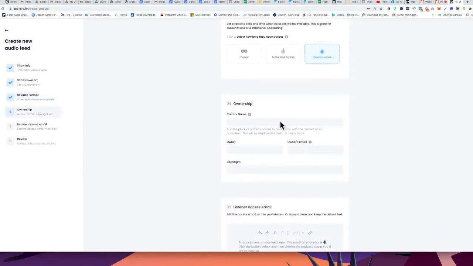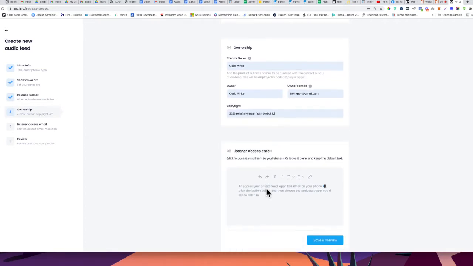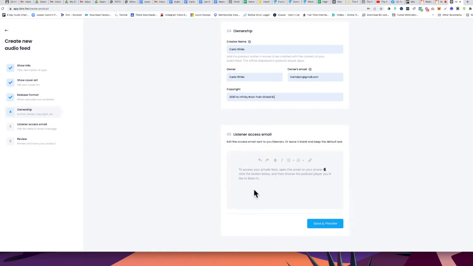And then you can go in and add your ownership details, your copyright details. And then down here is the access email. So the listeners receive an email from you, or from Hiro.fm, pardon me, it's from Hiro.fm, and it has a button in there that says click this to access the private audio feed. It also has this text in the